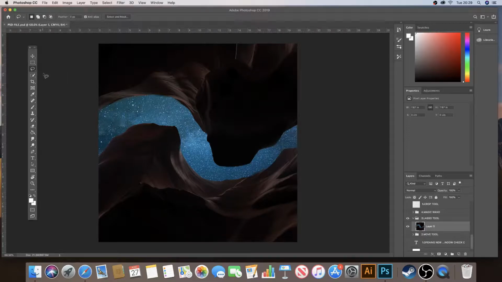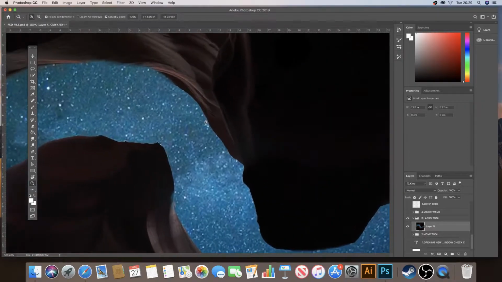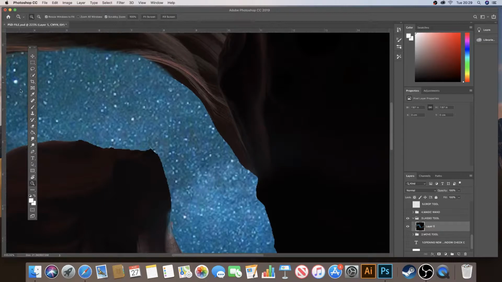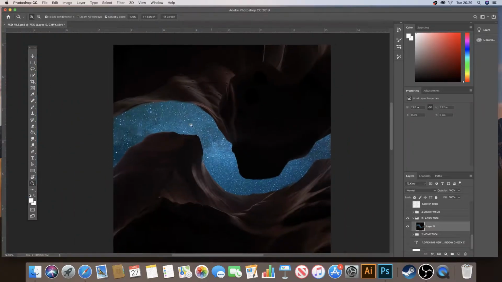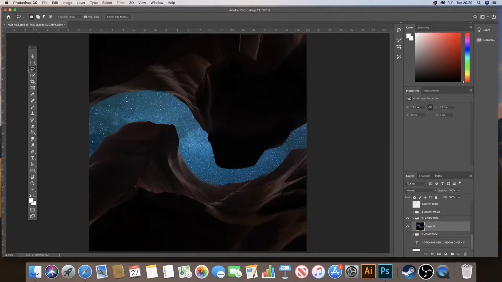What I'm going to do is go over all 3 quickly. They don't need massive amounts of explanation, but they do need a bit of time to practice. So if you click on the zoom button here and click on the plus, you'll be able to zoom in. Actually, I'll tell you what, we'll zoom out a little bit. With the lasso tool, this is a freeform one. So let's say we wanted to cut out this area here. When we go to actually make our selection, you can see that it's quite difficult